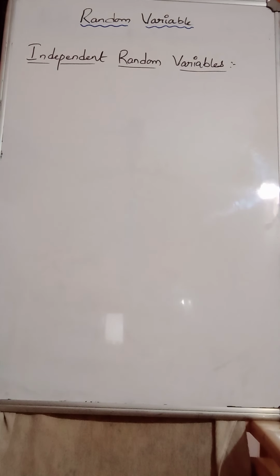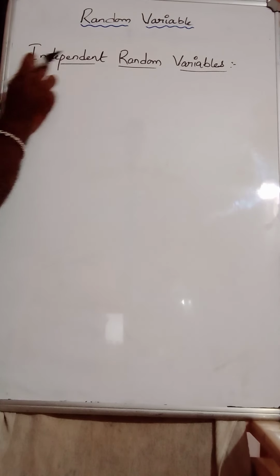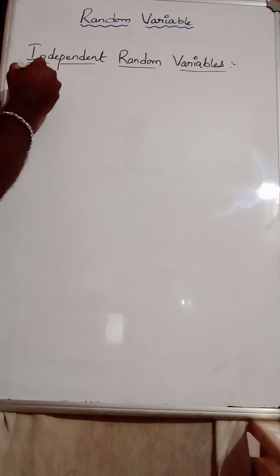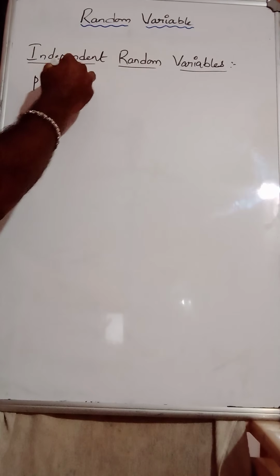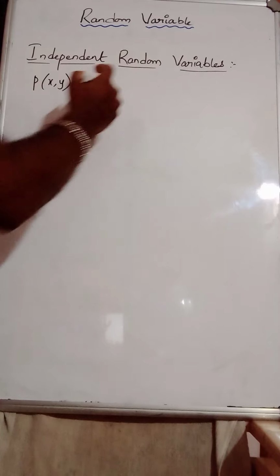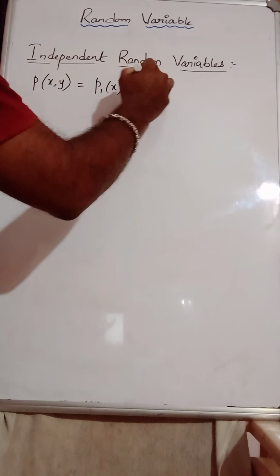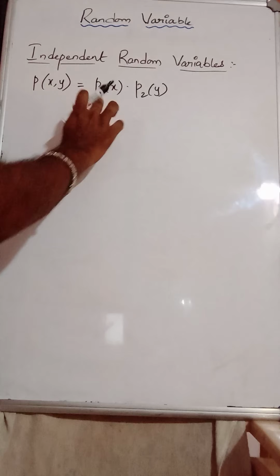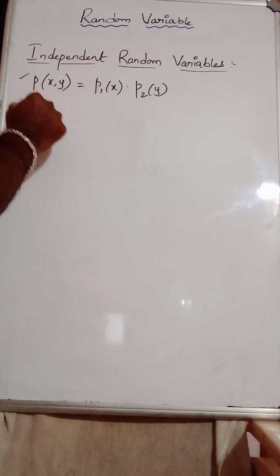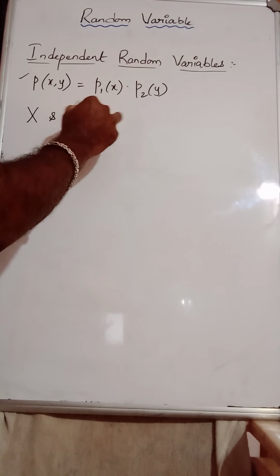The next concept is independent random variables. The word itself says that they are independent, so they are not influencing each other's probability. Therefore, whenever you take the bivariate function p of x comma y, the product p1 of x into p2 of y becomes independent. Remember, two random variables x and y are said to be independent